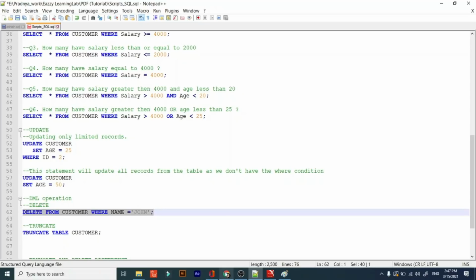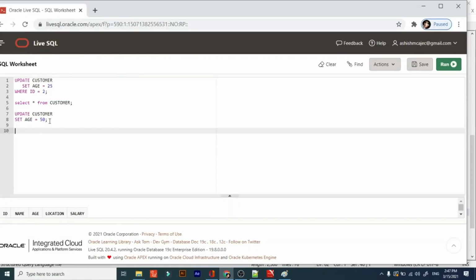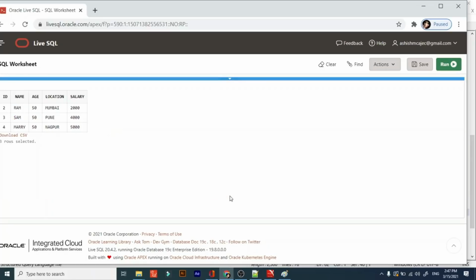Now, if you want to update a customer table, I have already told you when I was teaching DML operations that the where clause plays a very important role. This is our record set.